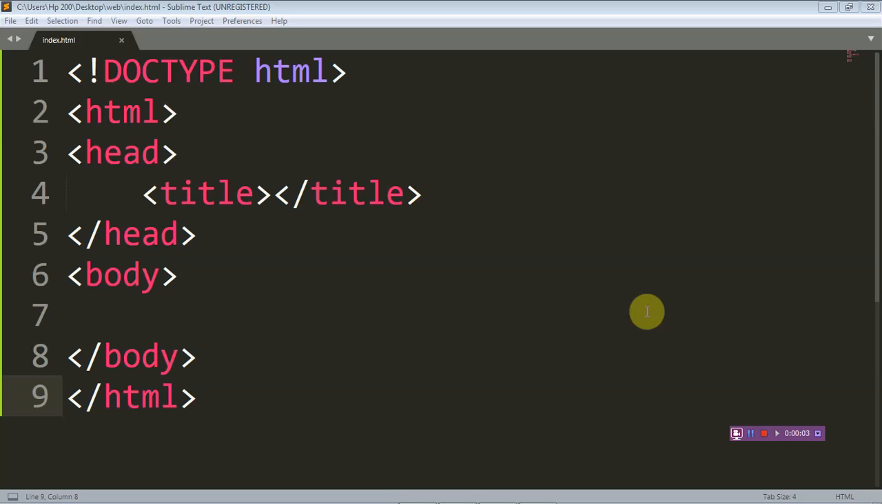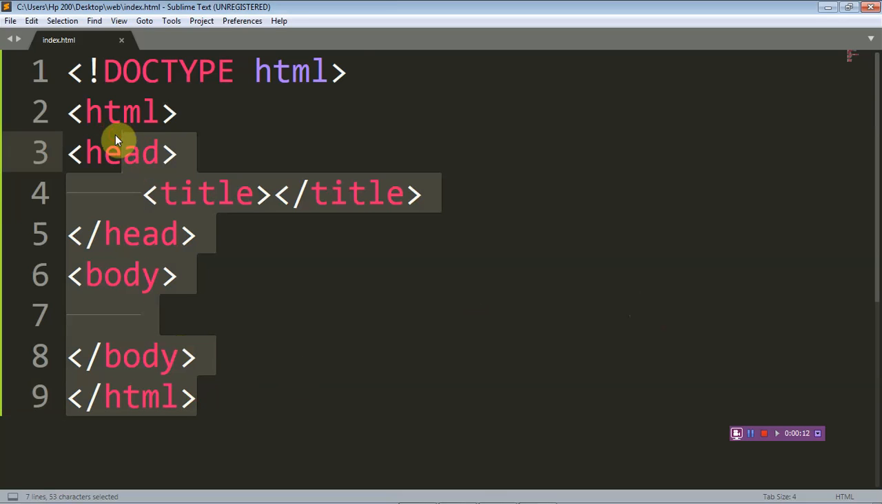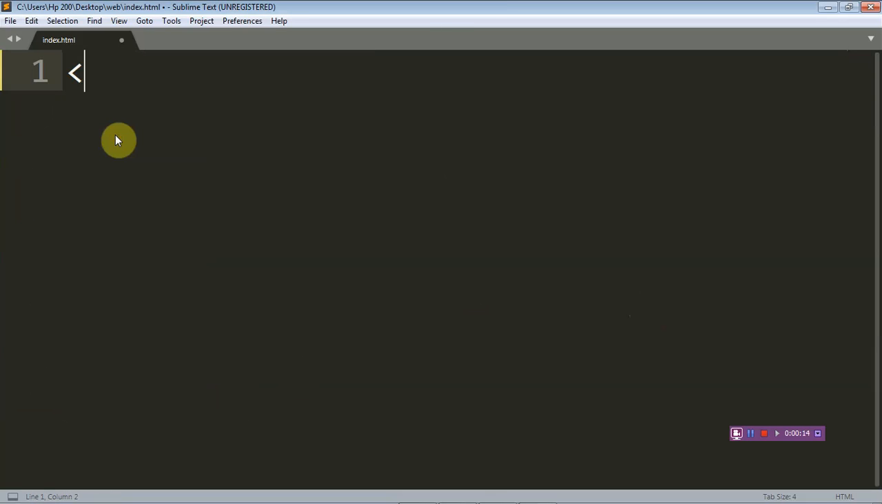HTML is made up of tags and elements. You are going to hear me use the words tags and elements more often. For those that are not using Sublime Text, we are just going to take this down and start it all